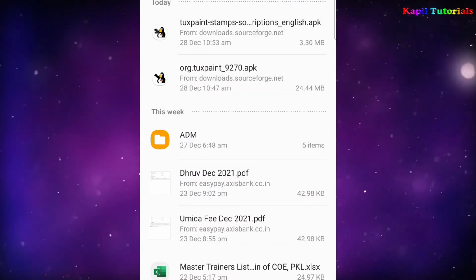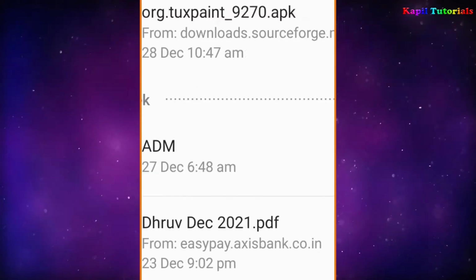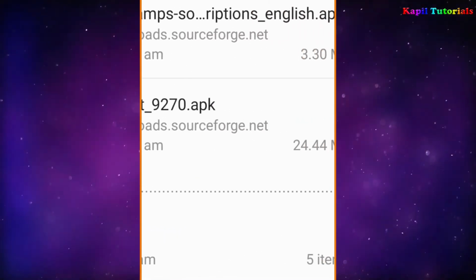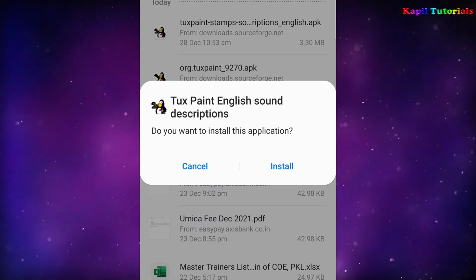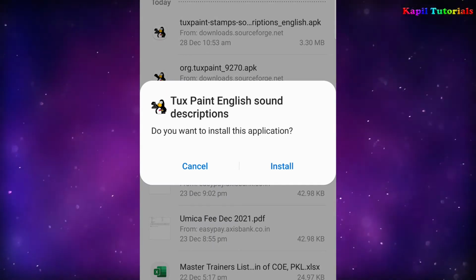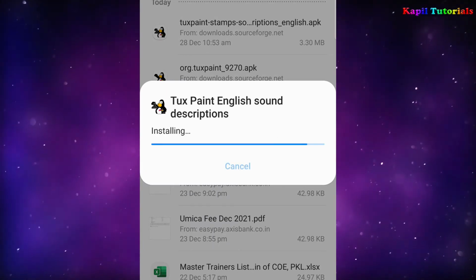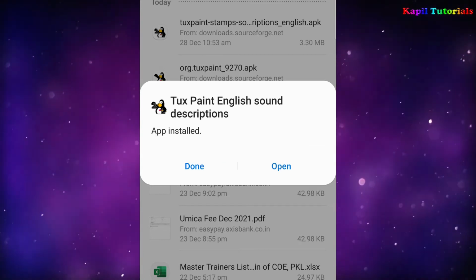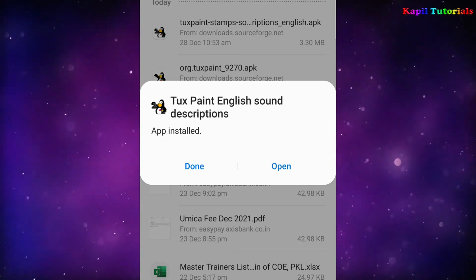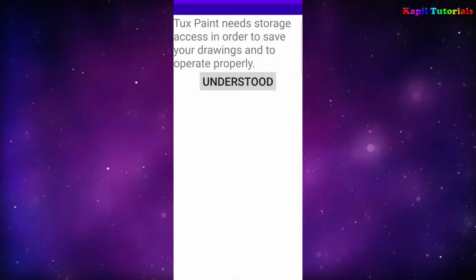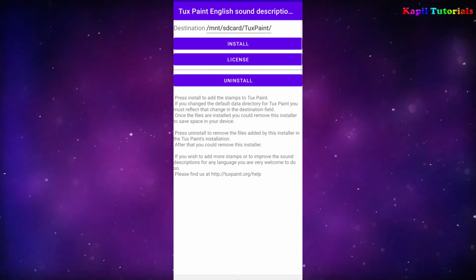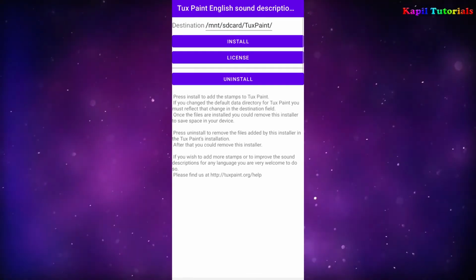Now to install the stamps. Click on install. Open. You have to click upon allow and then click upon the install on the top.